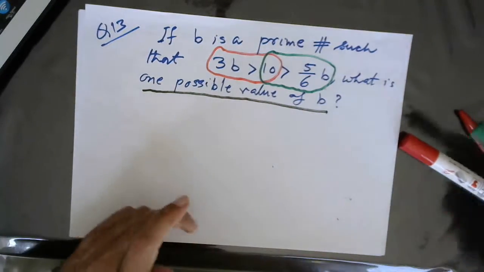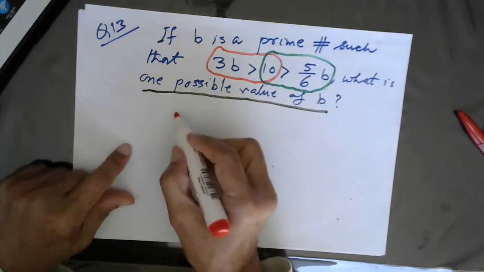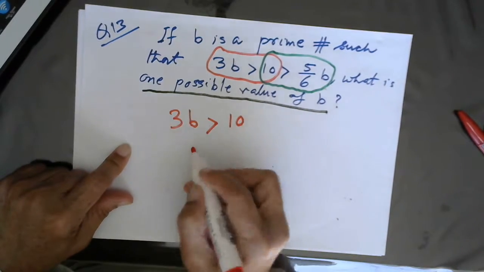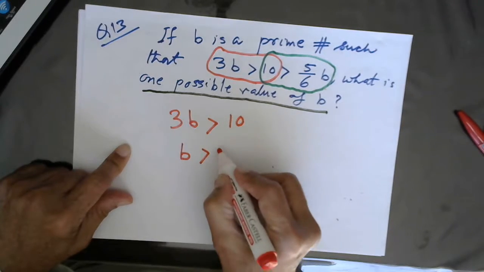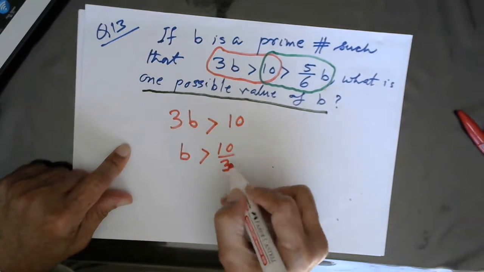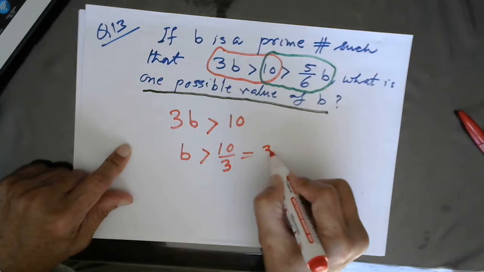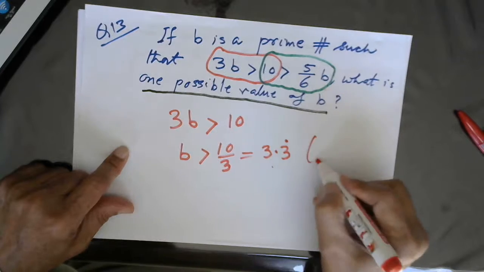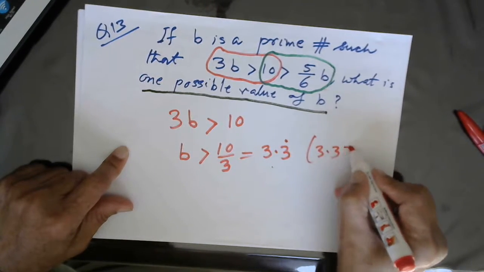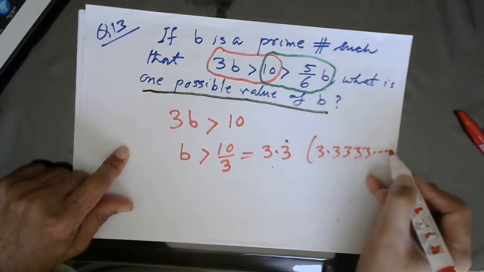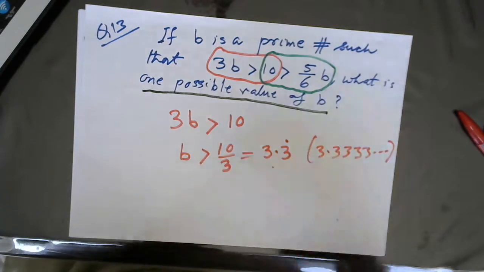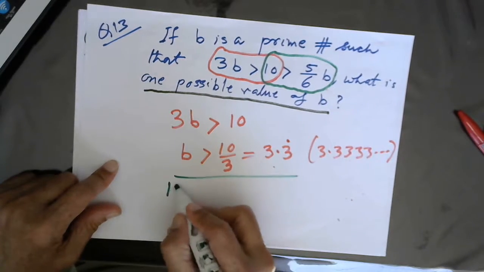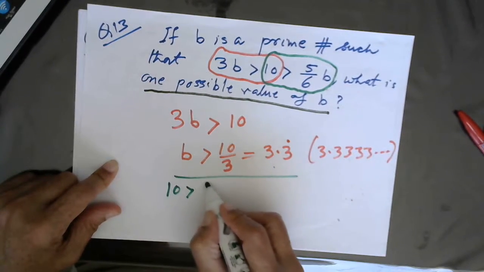Okay, if I consider 3b greater than 10, I'll get b greater than 10 divided by 3, or you can say this is 3.3 recurring. In other words, this is 3.3333, and so on. Now, if I consider 10 is greater than 5 by 6,